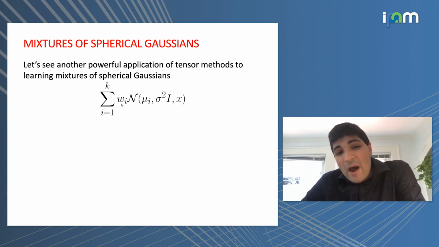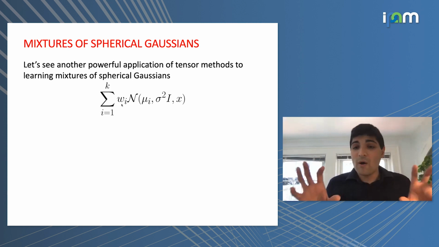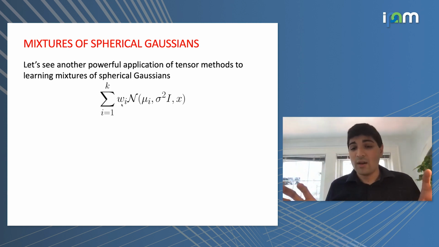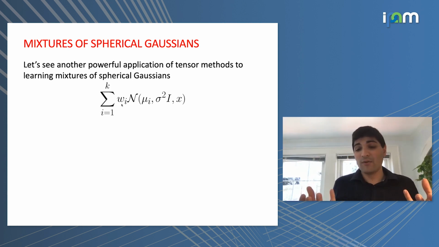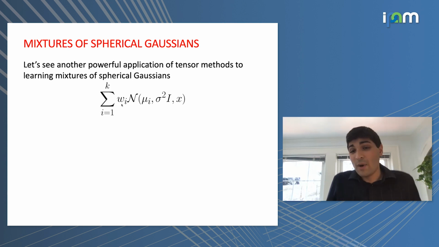This is a very powerful model in a lot of applications because it's one of the canonical ways that we can think about generating data that can be well clustered. Each one of these components is supposed to be a cluster of different types. So you're given a high dimensional data set, and one of the ways that you might think about finding the different constituent clusters is by pretending that it's a mixture of Gaussians and figuring out what the means are.